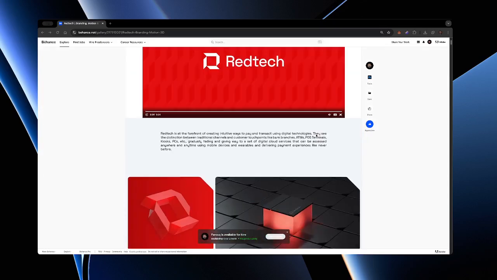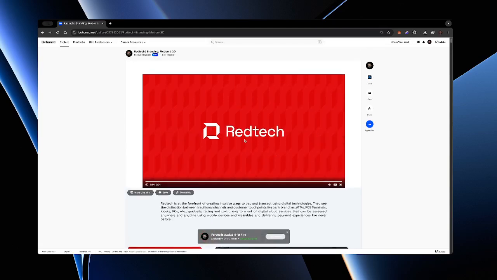Now, back to the logo animation we have here, this is literally what the story is telling. By looking at this logo animation, you see this part of the logo coming out in a repetitive manner. What we are trying to communicate here is the idea of growth that Redtech is really all about. Redtech is concerned about the growth of their customers as well as themselves and their businesses, whether B2B or B2C. So we use that particular element in the logo to communicate that, as well as to show the name, and that is simply the idea